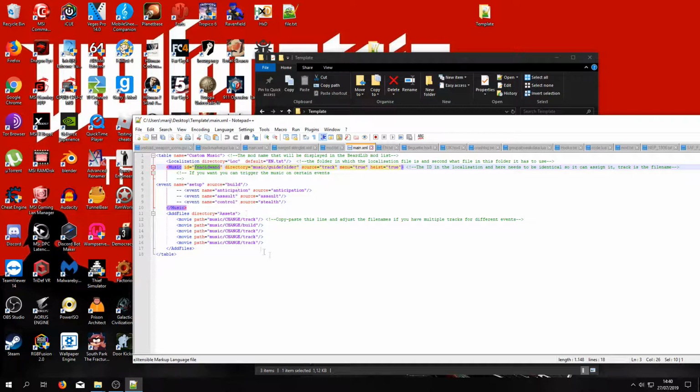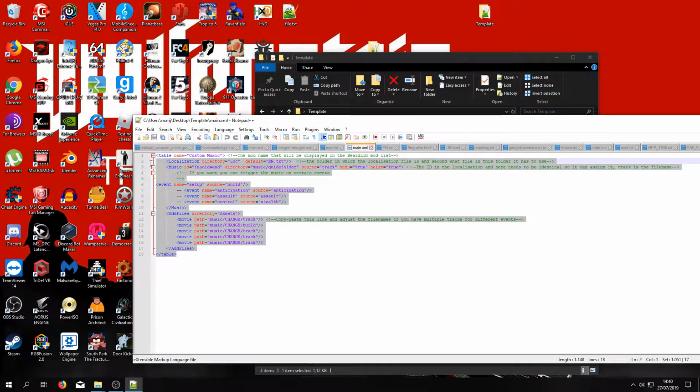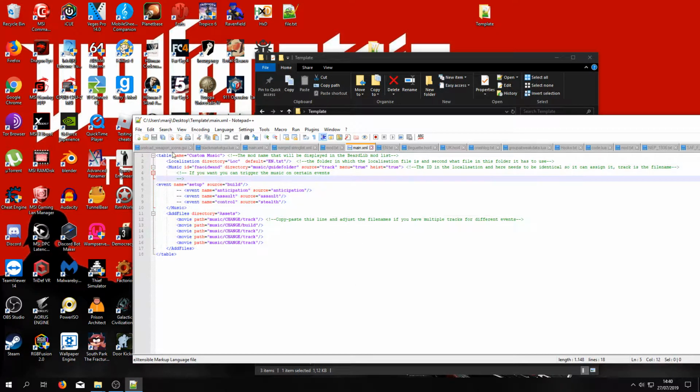Now we have set all this, well, not actually, but all that remains to do when you have actually done that is give your mod a name. So this will show up in the Birdlib manager, and it will make sure that your mod can be seen in the manager. You don't want it called custom music, so you can just enter the name of your music under name, which is pretty obvious.